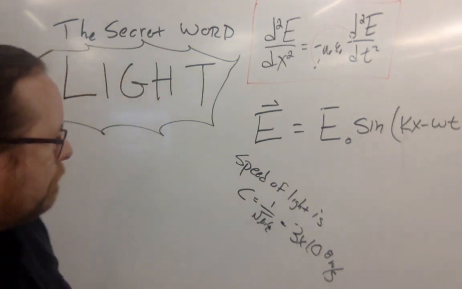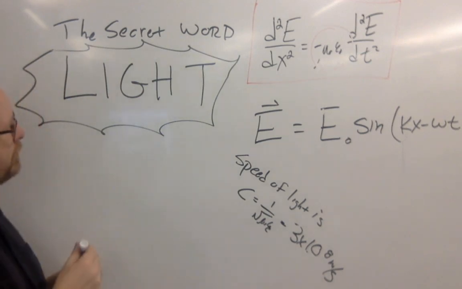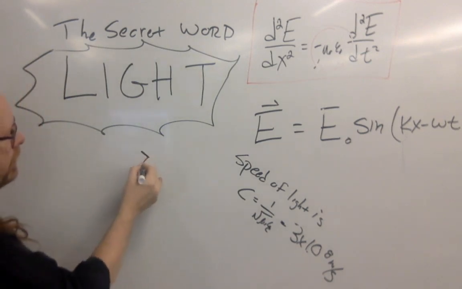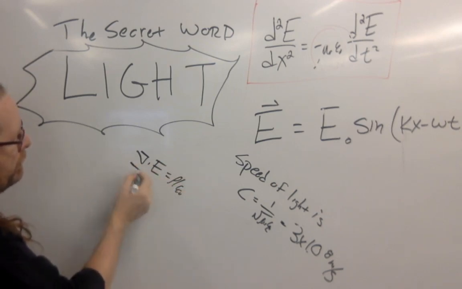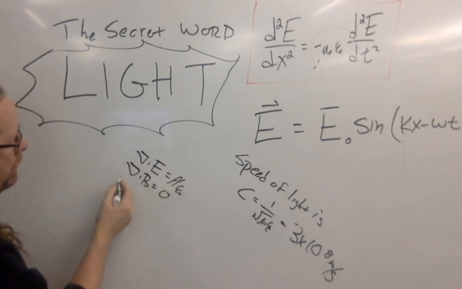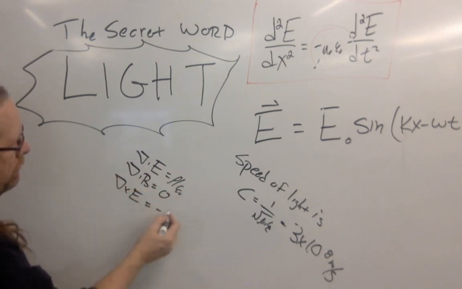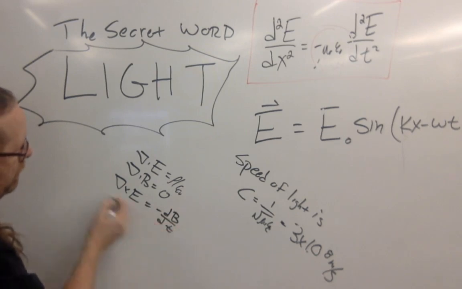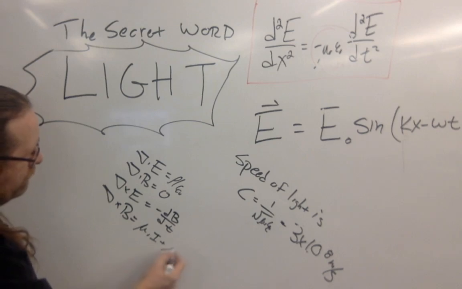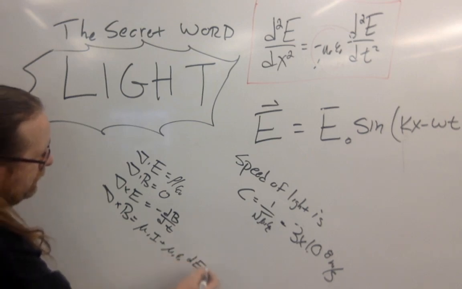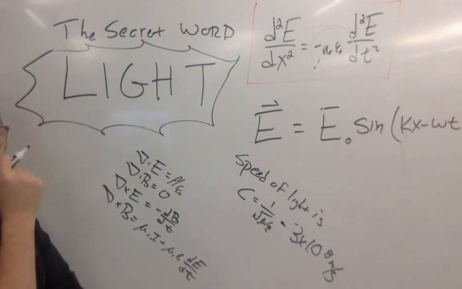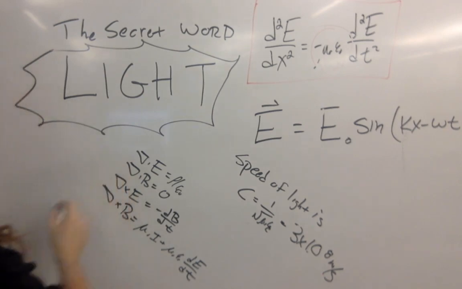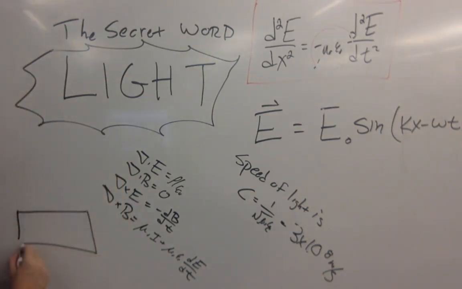In fact, the fact that it does this means if you take Maxwell's equations, div E equals rho over epsilon naught, div B equals 0, curl E equals minus dB/dt, curl B equals mu naught I plus mu naught epsilon naught dE/dt. If you take those equations and put them in a moving reference frame,